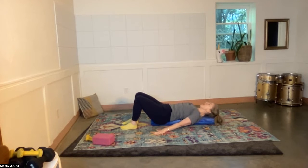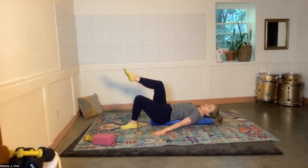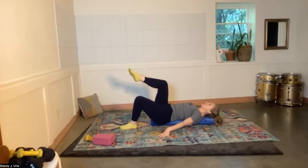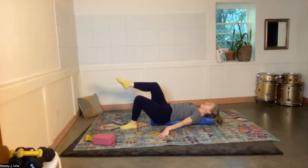And we'll come back to the legs. So I'm going to bring my left leg up to tabletop. Nice and easy and light with how much I'm working through the arms, because I'd love to just get the foot and my core to do a bit more work. The right knee is facing the ceiling. I'm going to draw a little circle on the ceiling with my right knee for 5,